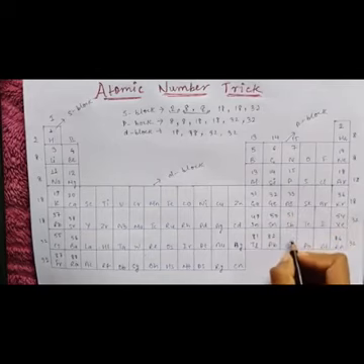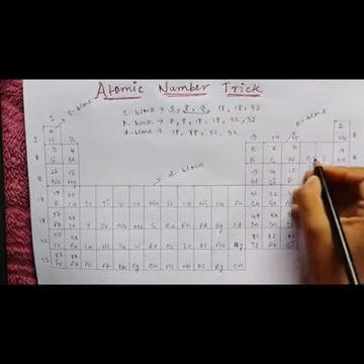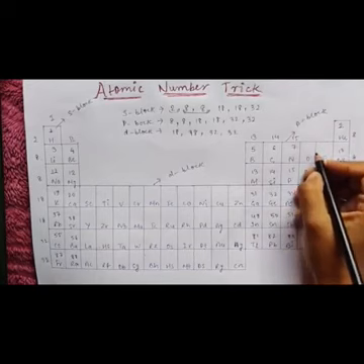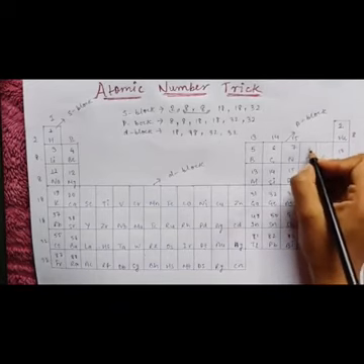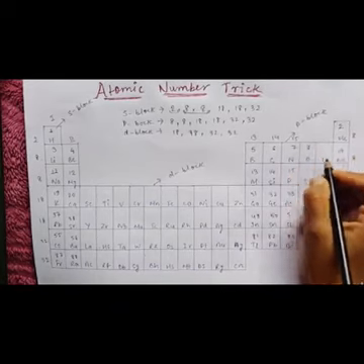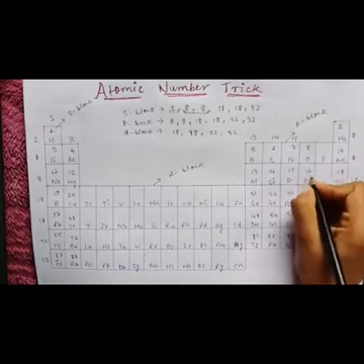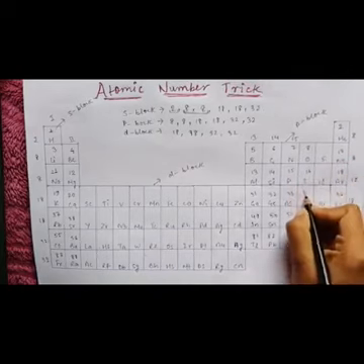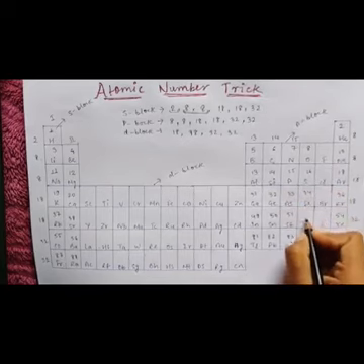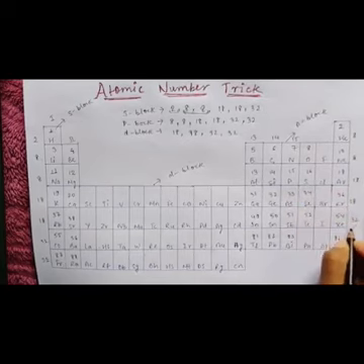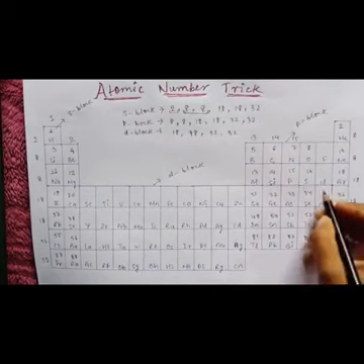This is the same order. So first, if you know the first elements, add the S. 6A. This is a 6A. The 6A valence electronic configuration is NS2 NP4. Yeah, these are the 6A elements.